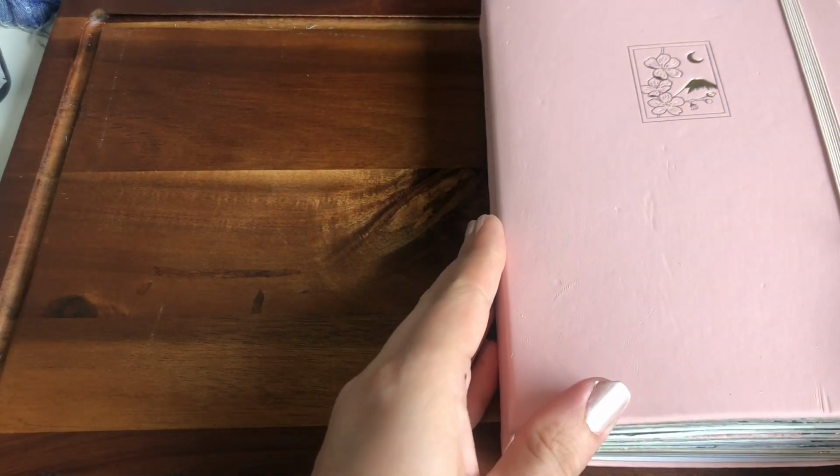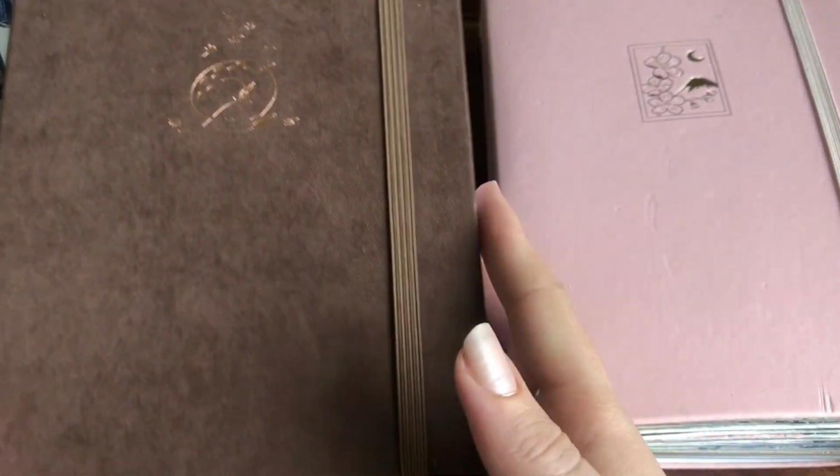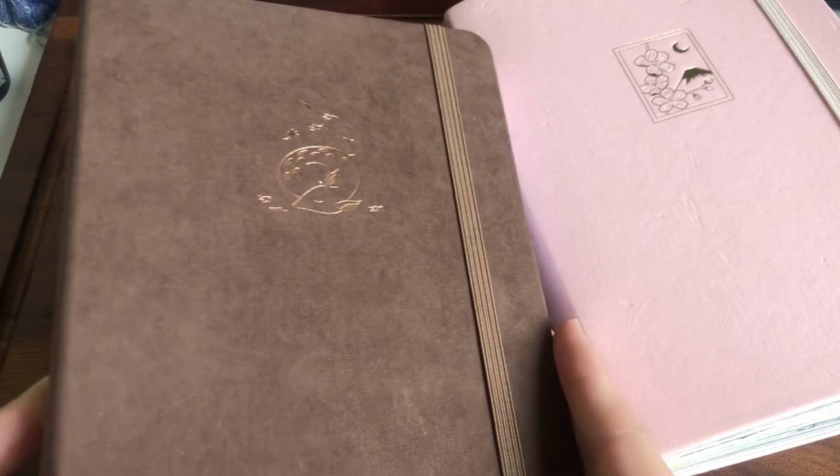Really love this journal. It's from Notebook Therapy. Really liked it. And my next journal is again from Notebook Therapy. It's going to be this lovely number. So yeah,